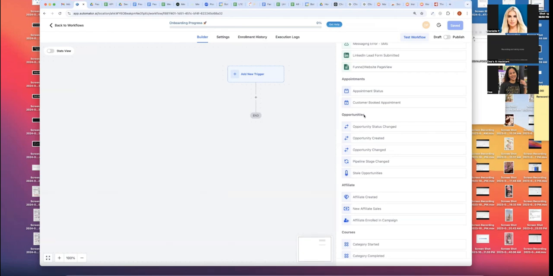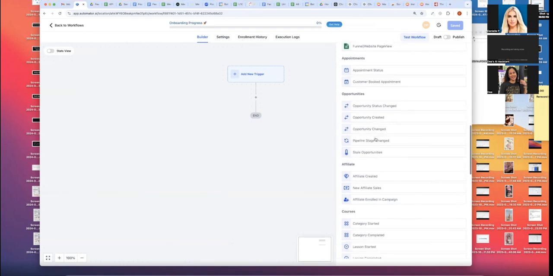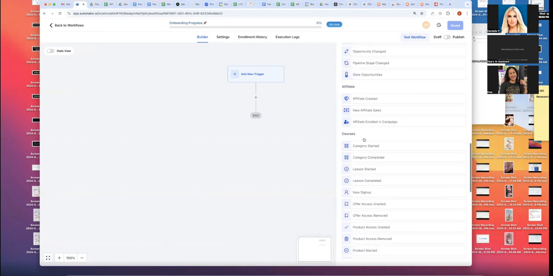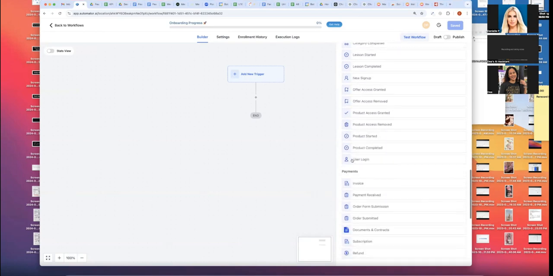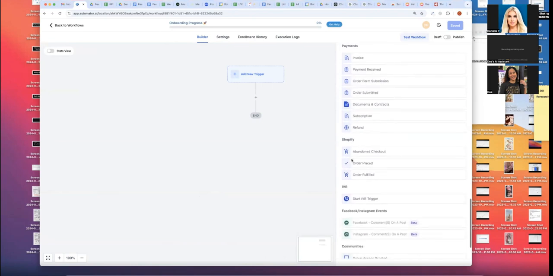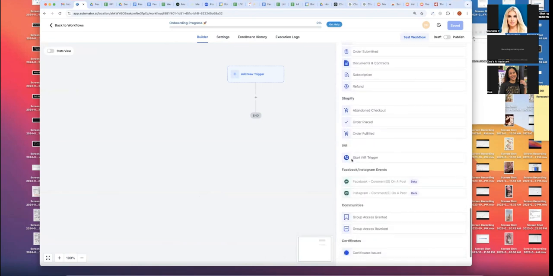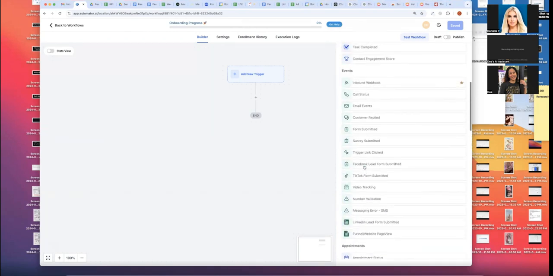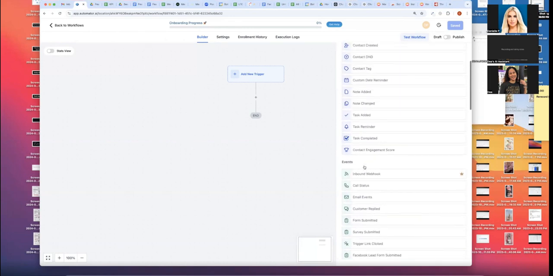So if you want anything to go out to your customers or your audience, when an opportunity has changed or it's been created or any of those things, you can use that. And then we also have an affiliate one, one's for courses, one's for payments, Shopify, IVR, Facebook and Instagram events, and communities and certificates. So you have lots of options, but let's just make it very simple and say that